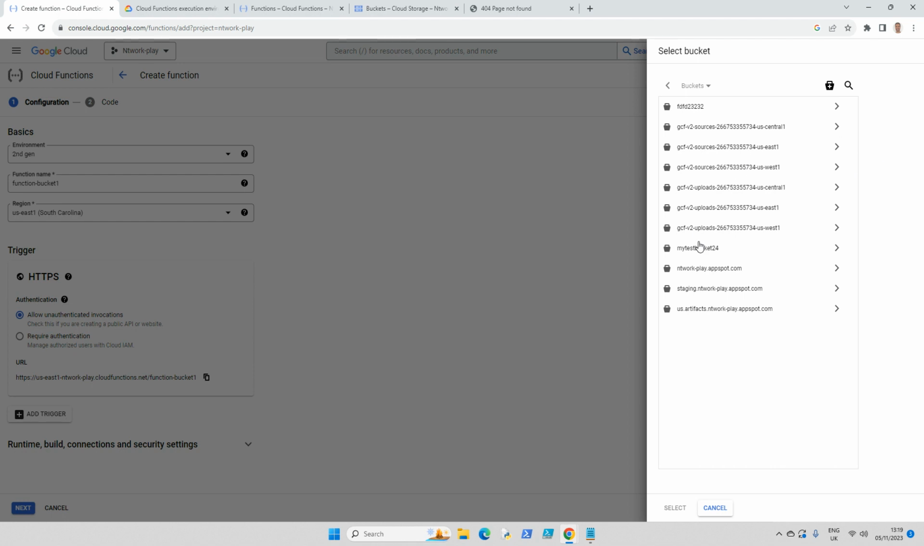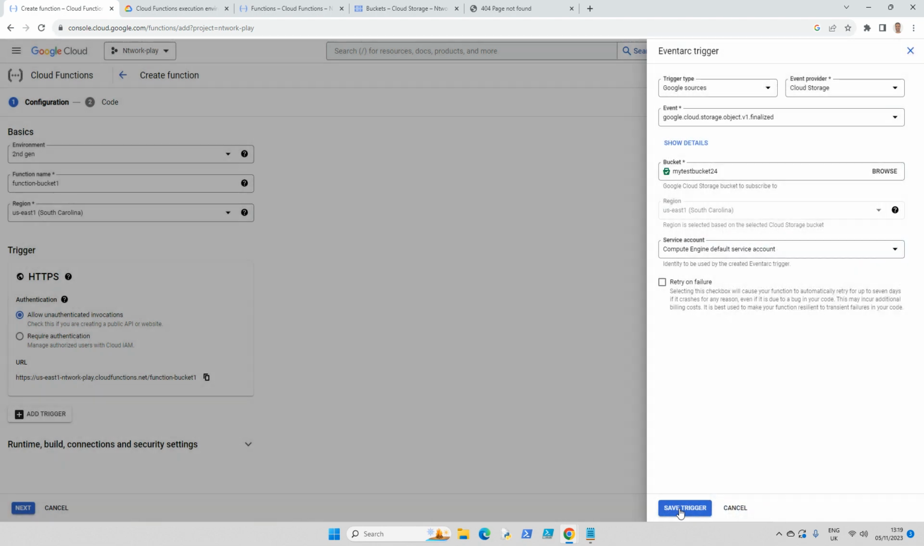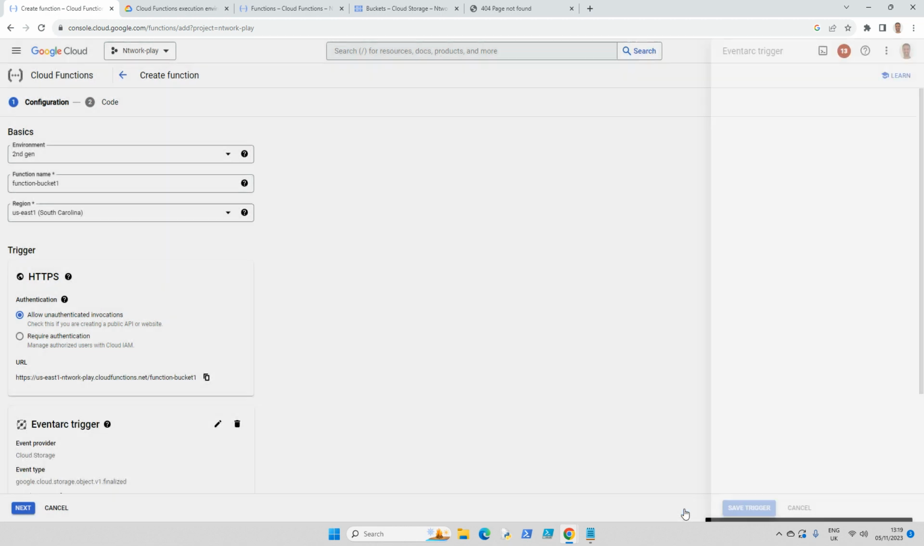and I'm going to pick my bucket, which is going to be my test bucket here. I'm going to select that. My test bucket is also in the same region as the actual Cloud Function, US East 1. So select that, save trigger,